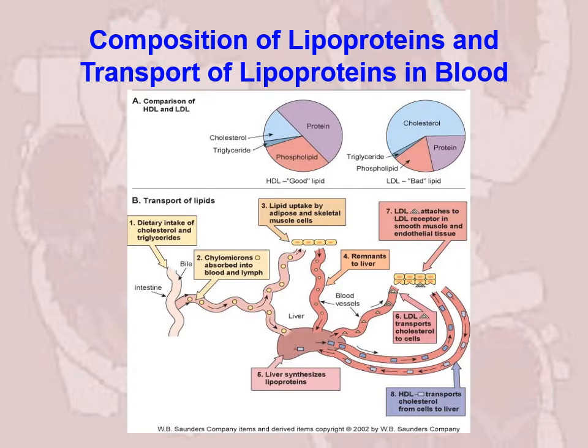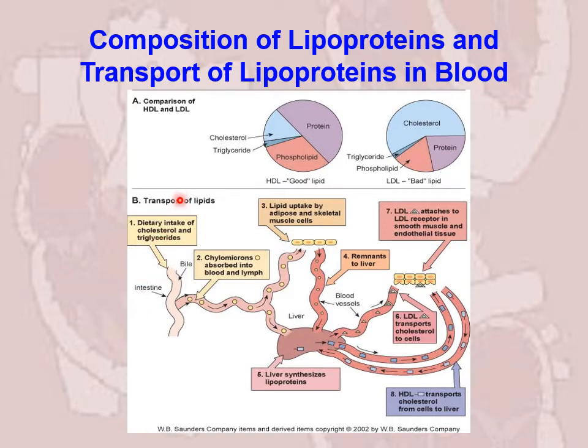the LDLs do. LDLs, as a rule, transport cholesterol from the liver to the tissue cells. And then there's something called VLDLs, very low density lipoproteins, that transport triglyceride from the liver to the body cells. HDLs tend to leave the liver empty, bring cholesterol and triglycerides back to the liver to be processed. So if you look at this